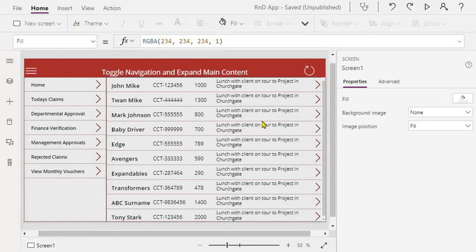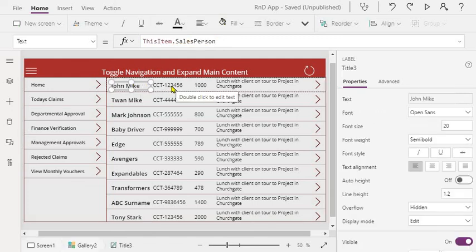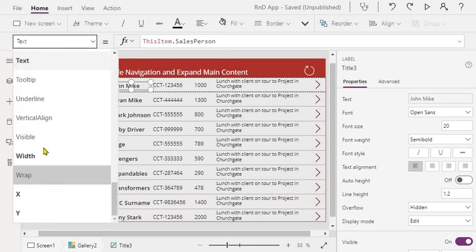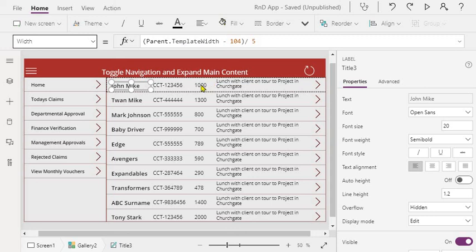And now let's see how the width of each of the columns or controls in the gallery is set. So if I just show you how these are set relatively. If you look at it, it is parent dot template width, because this is part of a gallery, so we'll be making use of the template width.